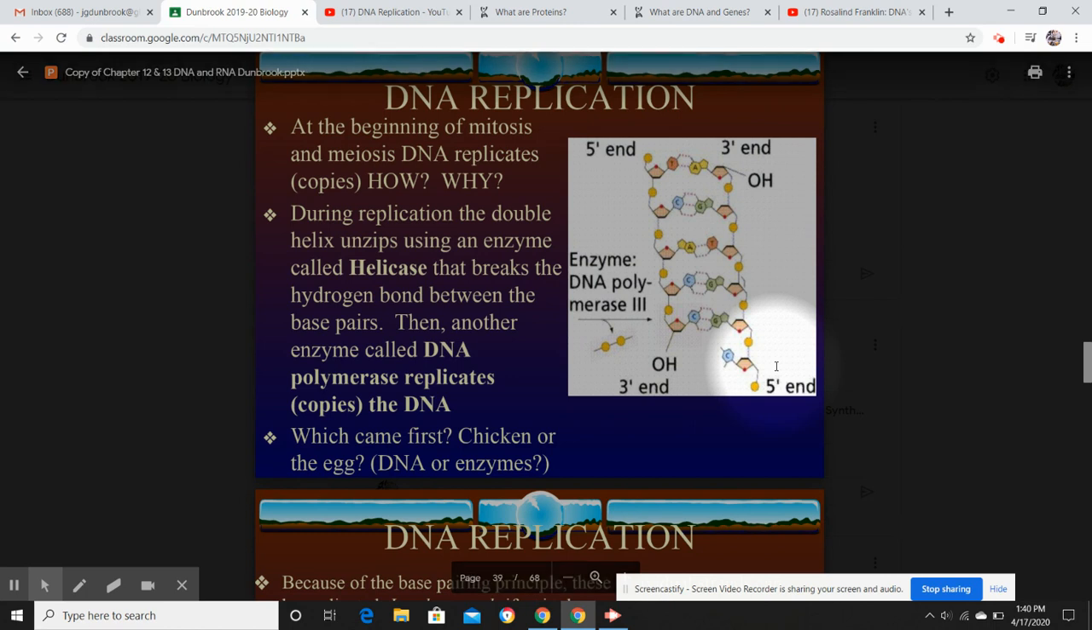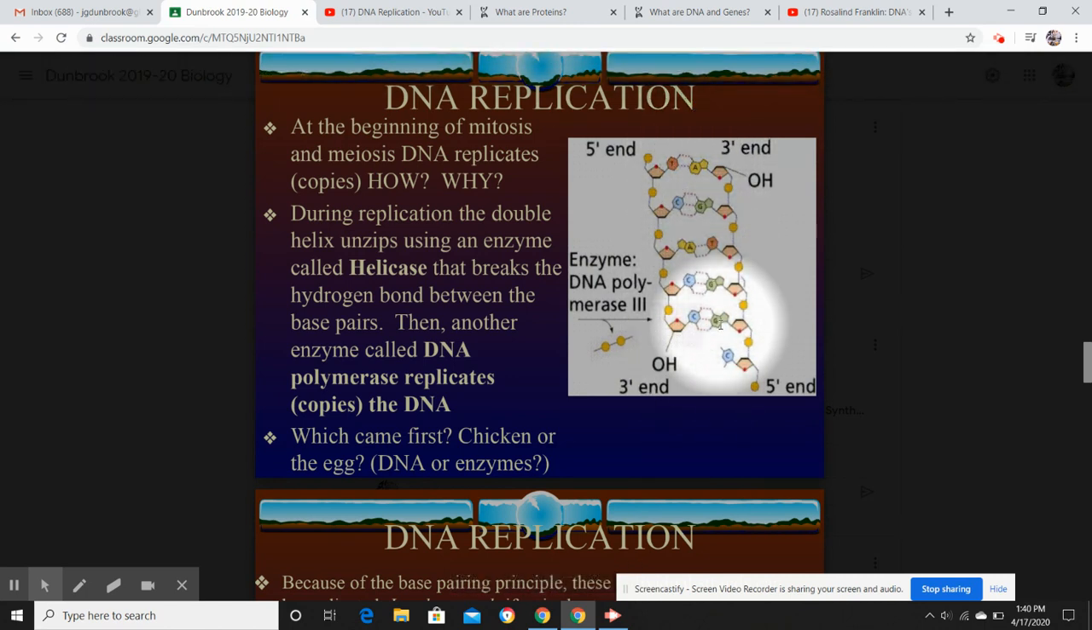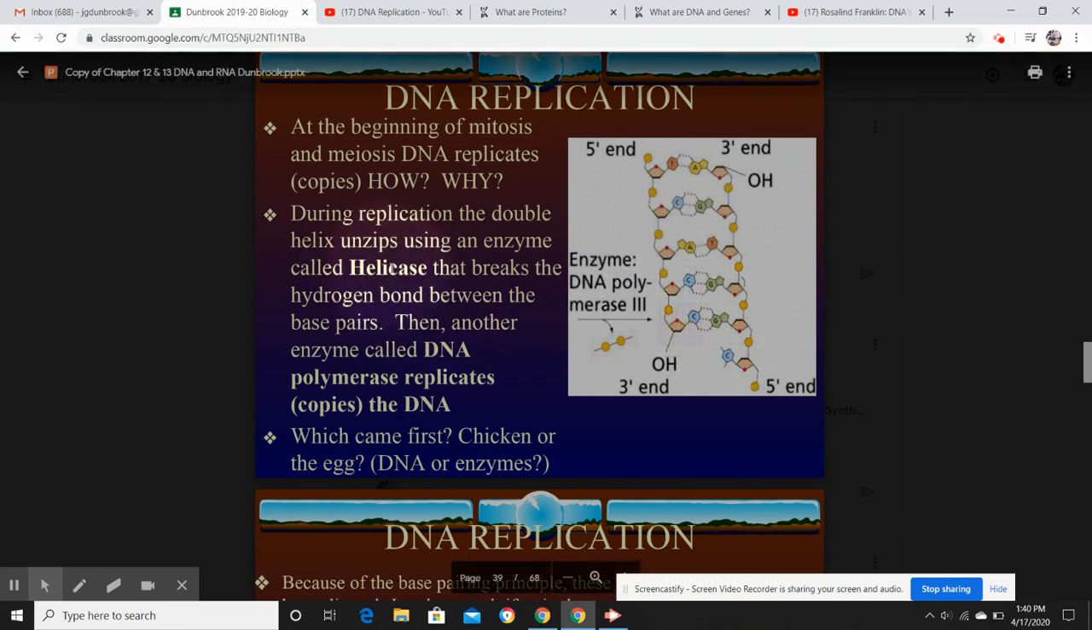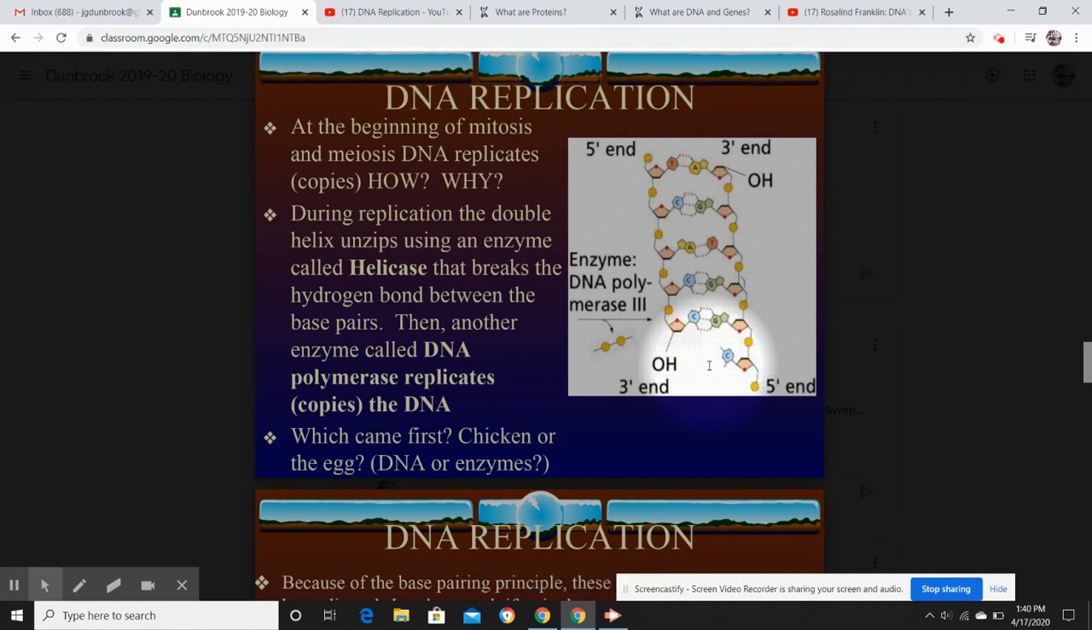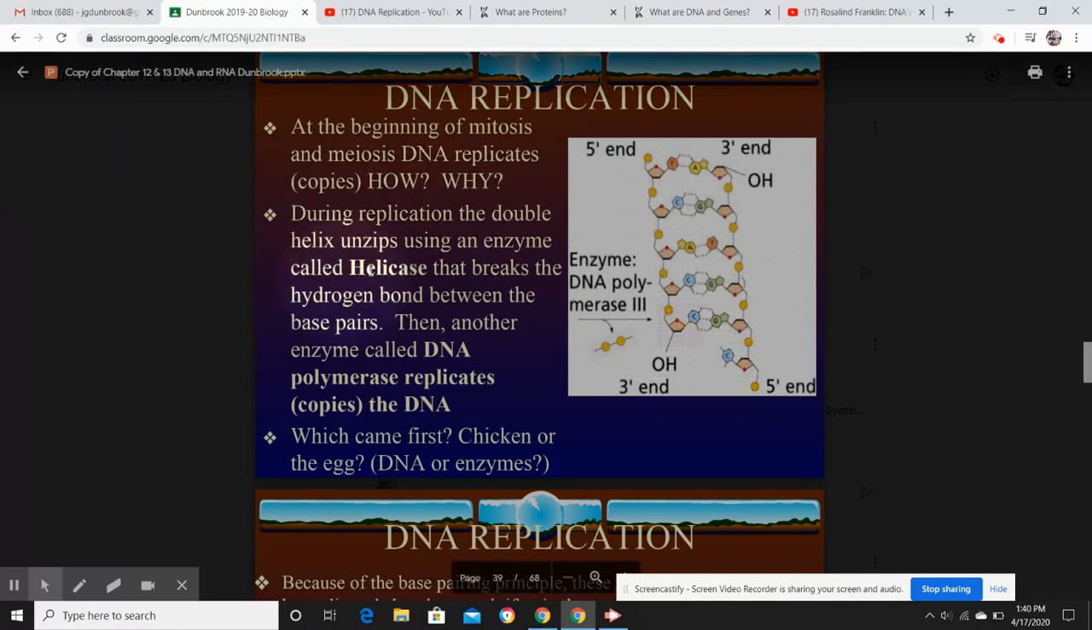Of course, this is interesting. In order to unzip this ladder here, you need a special enzyme called helicase. Helicase, you can tell it's an enzyme because it ends in ASE, okay? All enzymes or most enzymes end in the word ASE. Remember, enzymes control chemical reactions. So this enzyme called helicase is responsible for unzipping the DNA so that it can copy itself. Ironically, if you remember from the first slide, it's DNA that gives a code for enzymes like helicase,